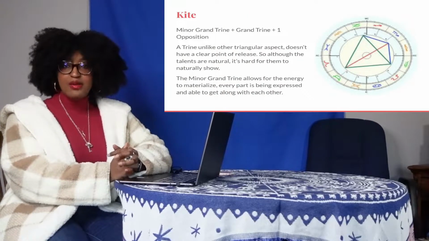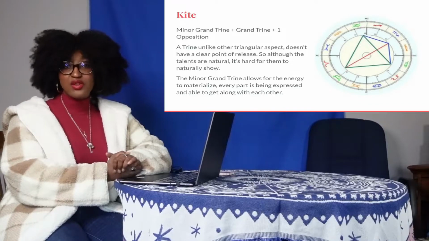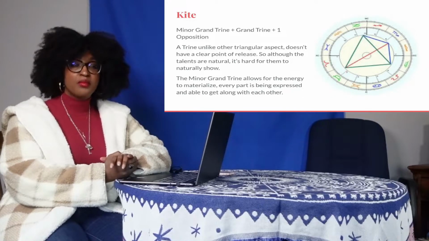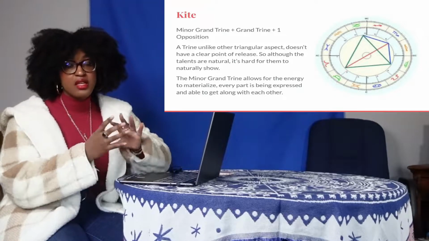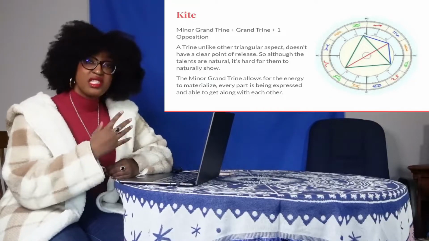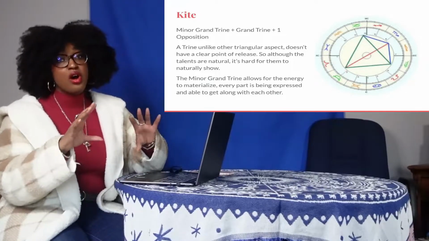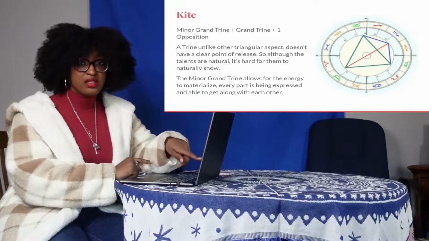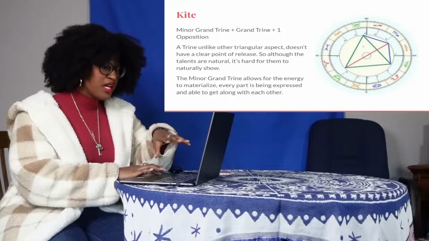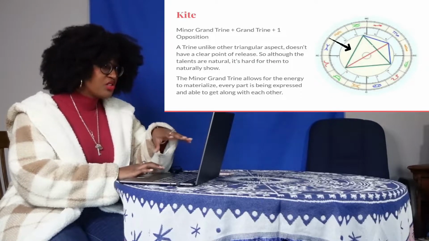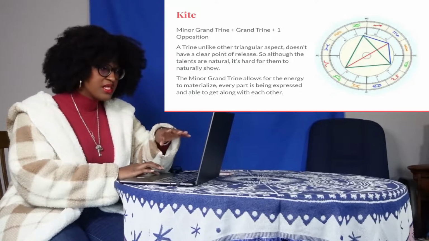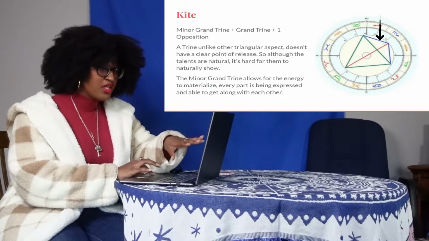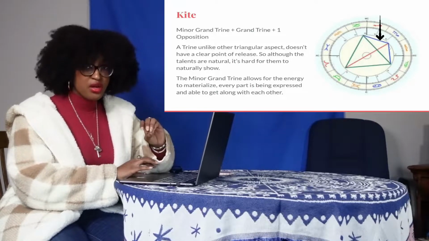And as I said, we're sticking with triangles. I tried to keep it geometrically categorized. So continuing on, this is a complex shape. So I did touch on one complex shape in this video, and as you see right here, this green line is your grand trine, and this blue line right here makes up your minor trine.